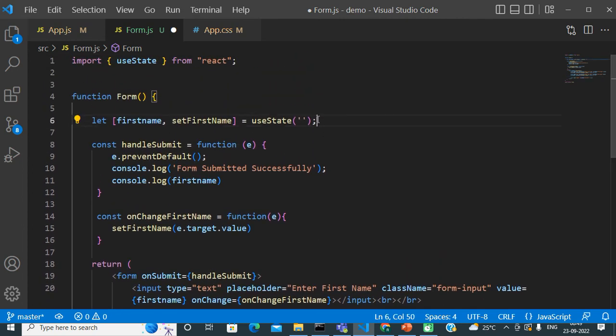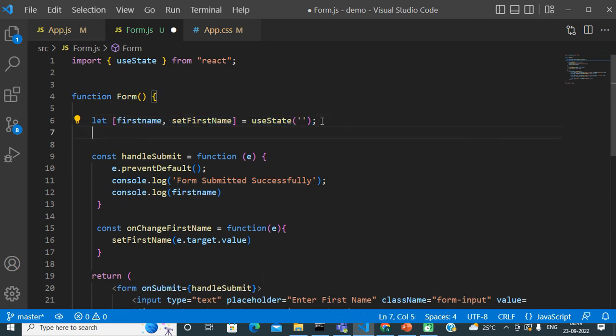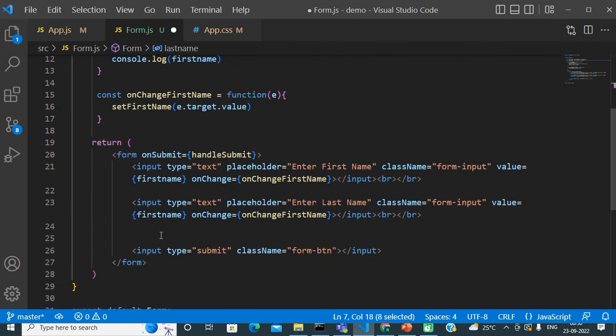Because now with this second component state I will control the second input field. So here names will just change something like this. Let's say last name, then set last name. And just this name will come here in the second input field. So basically we are binding the second component state's value to the second input field element.